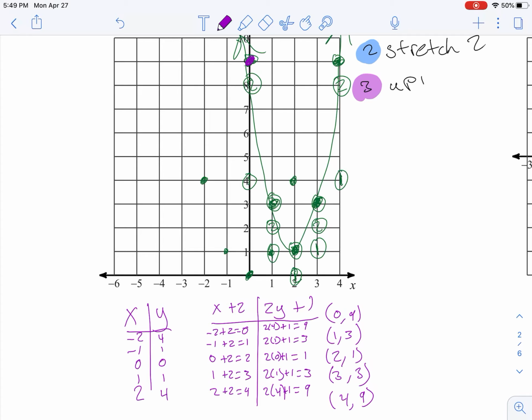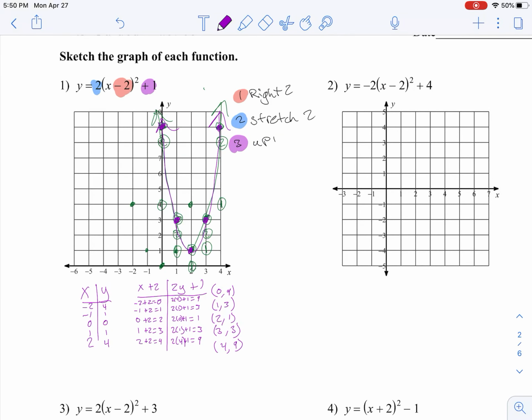1, 3, right here. That's where we were. 2, 1, 3, 3, 4, 9. Same parabola,